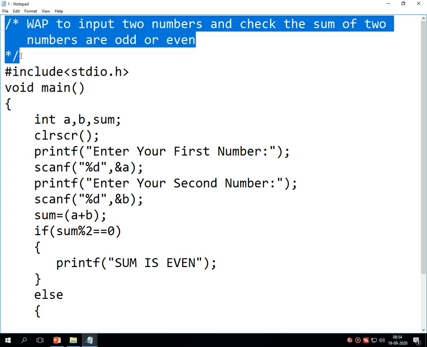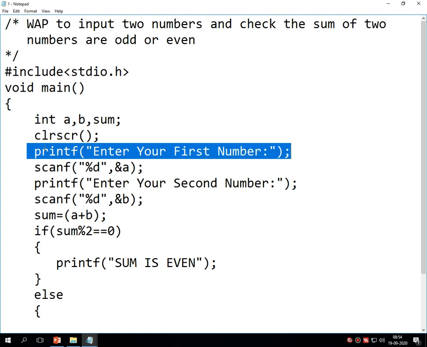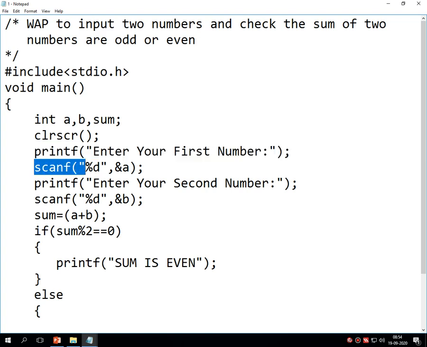After the commented section and the structure of C, you can see that there are three variables: integer a, the first number; b, the second number; and the total of these two numbers, sum. CLR printf enter your first number, which is read and stored by this scanf statement, scanf %d and &a.